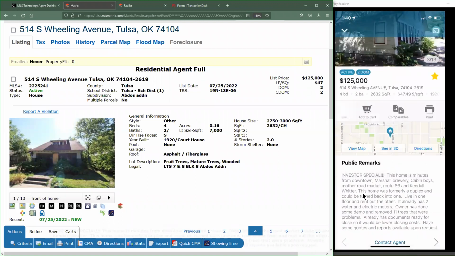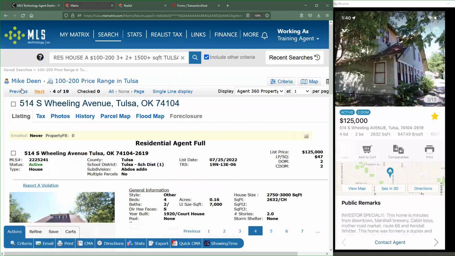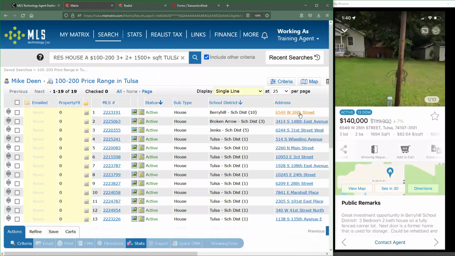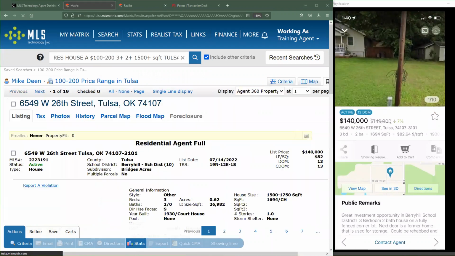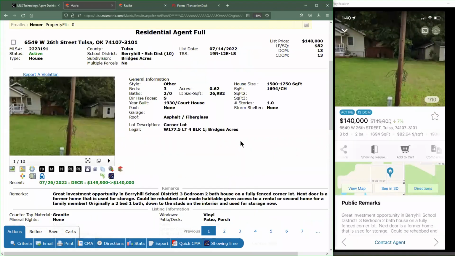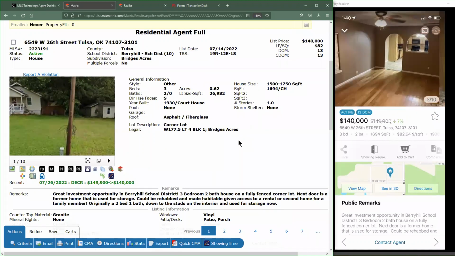And similarly, we're also going to be able to see the next listing the same way that we do in Matrix. So if I wanted to move next to previous, I can do the exact same thing on here. So now I'm at the 659. There we go. So we can see the same information on here. It's an interesting choice for a primary photo, but whatever you think works. Anyway,